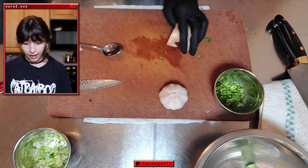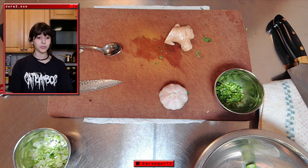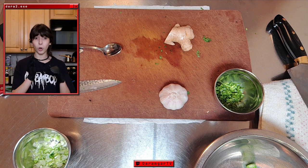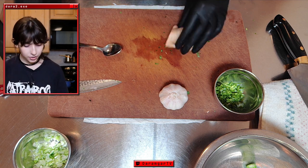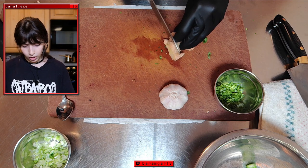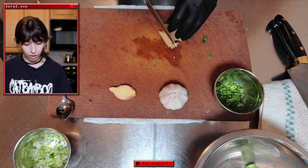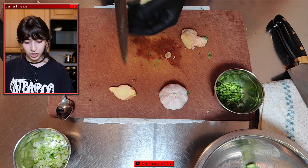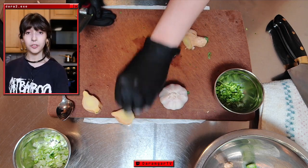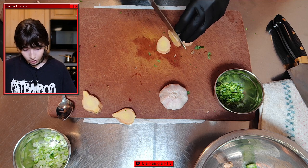Ginger. So, everybody, we need ginger in a bunch of components for today. We're going to need a little bit going into the mushrooms and tofu. We're going to need a little bit going into the actual process of steaming the fish, which we'll just get some whole ginger slices for, and then we'll also need some for the seasoned soy sauce. So let's get all of that done now. I'm going to use roughly this super, super small chunk right here for the seasoned soy sauce. This little chunk is going to be for the tofu and